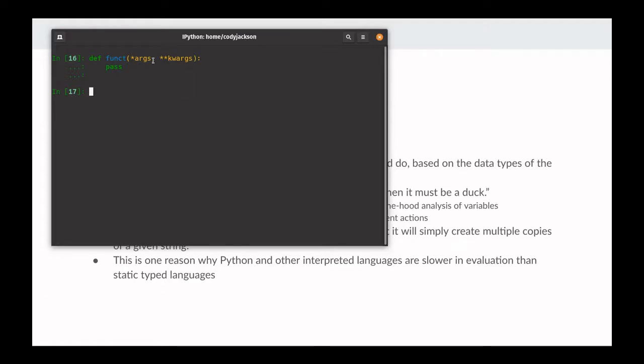So star args means it's basically a wild card. Any arguments that are passed in are going to be captured as arguments. So you don't have to specify A, B, C, D, or whatever your arguments are. You can just capture all of them and then do some processing with them